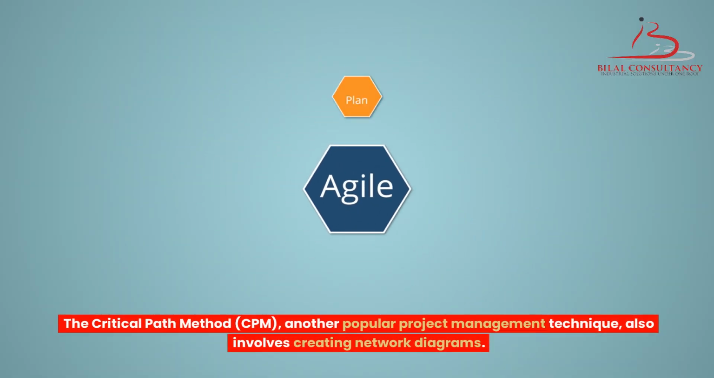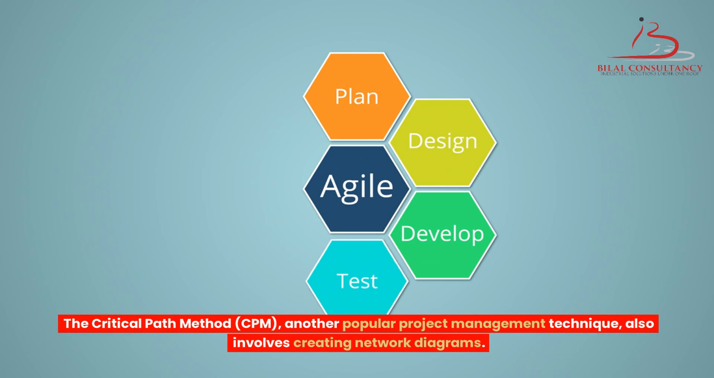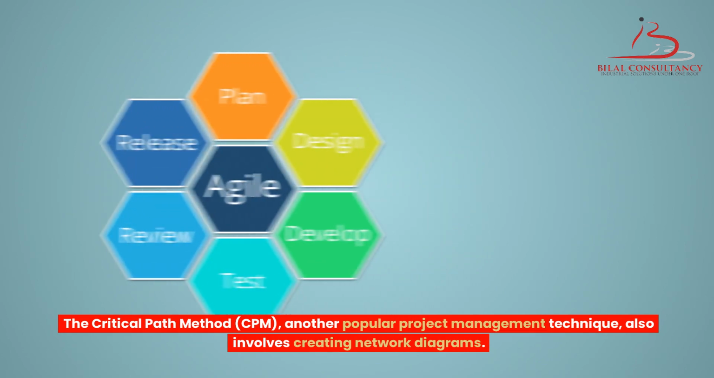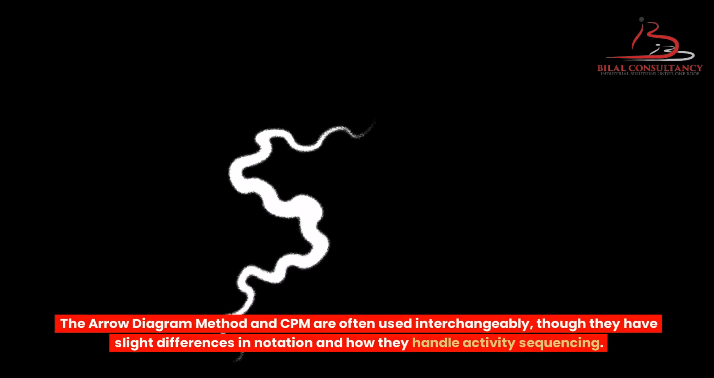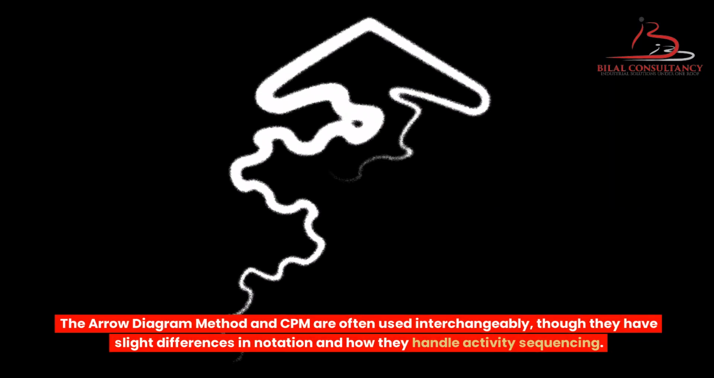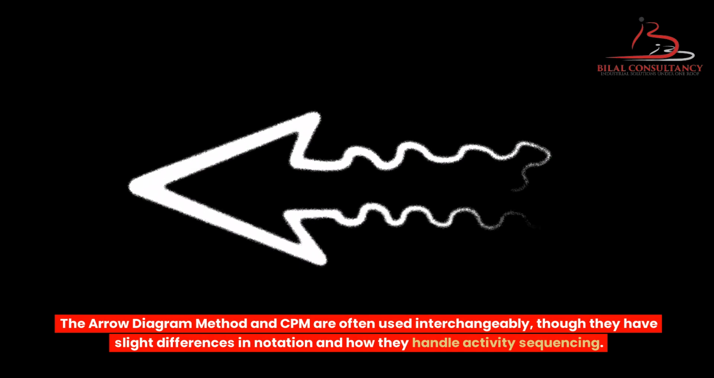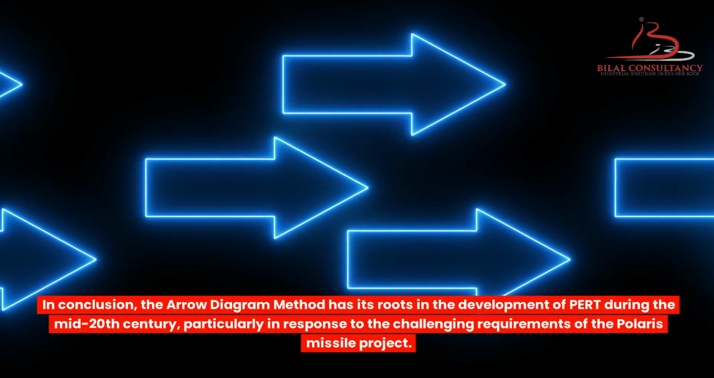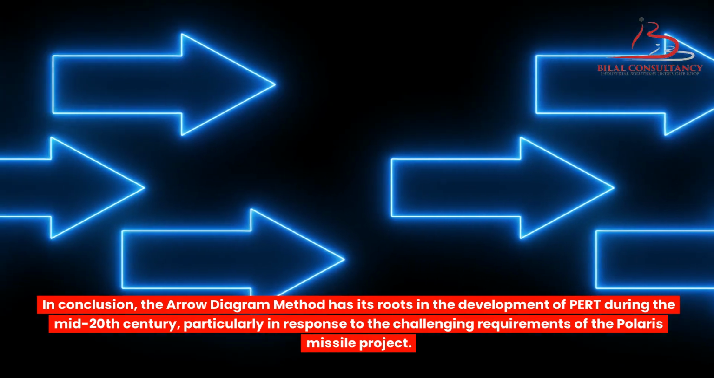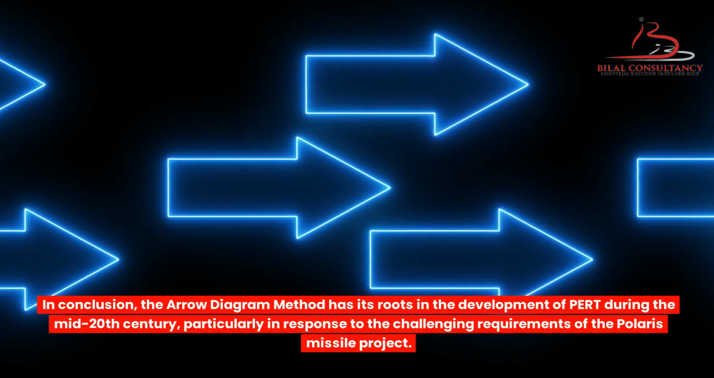The Critical Path Method, CPM, another popular project management technique, also involves creating network diagrams. The arrow diagram method and CPM are often used interchangeably, though they have slight differences in notation and how they handle activity sequencing. In conclusion, the arrow diagram method has its roots in the development of PERT during the mid-20th